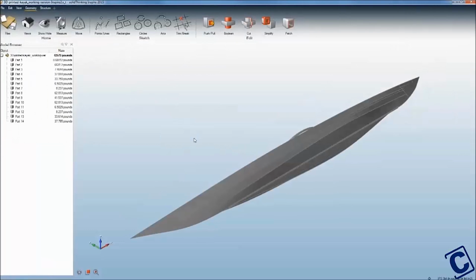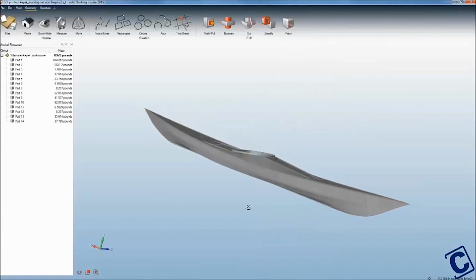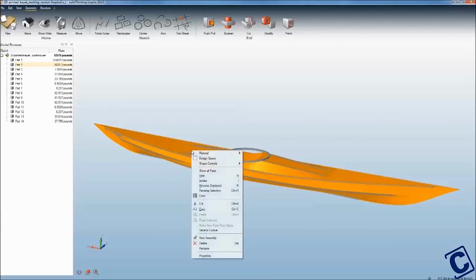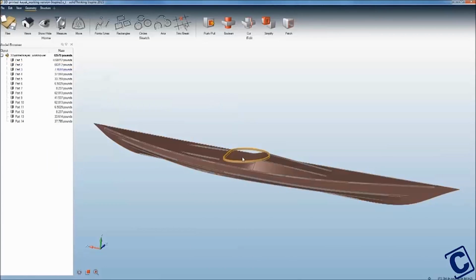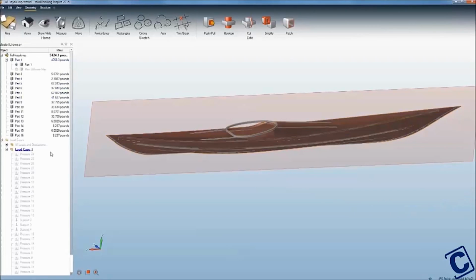After importing my model into Inspire, I defined the design space for the software to add or remove material, shown here in orange. I also brought in the already designed stringers, but did not allow Inspire to modify them, because my intention was to keep their shape simple so I could cut them out of wood. After giving Inspire the area to add structure, and the geometry to keep in place, I then defined a series